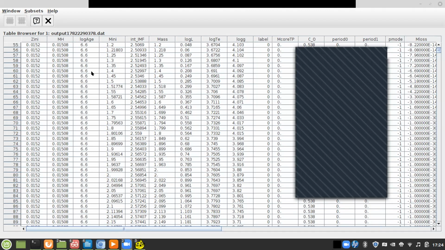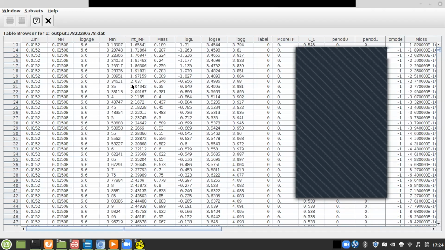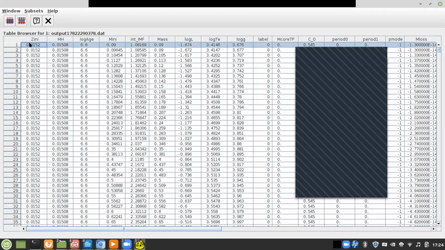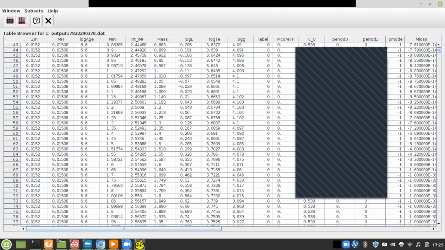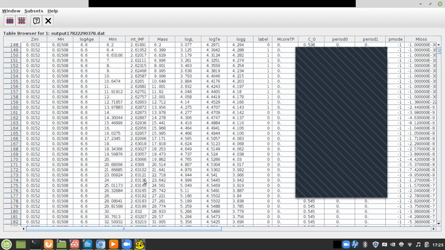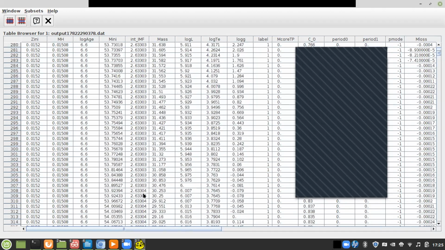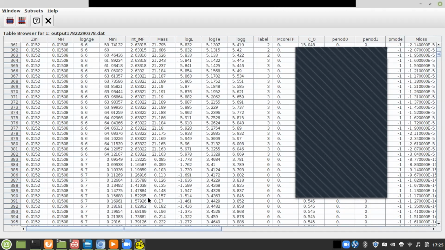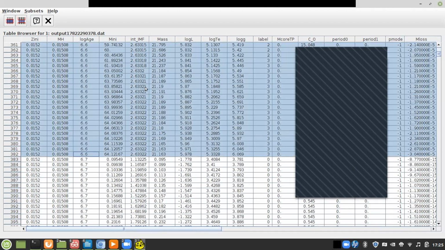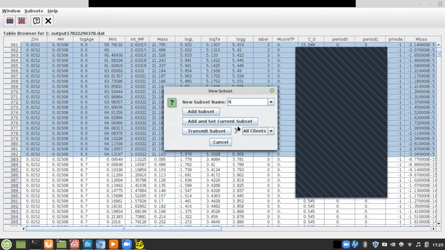In this file, what you all have to do is something very simple. You can just mark it from here, and you can see this is all 6.6. So you just need to scroll down till the end of 6.6, and that is your isochrone for 6.6. Here you see 6.6 has ended. Press shift and it'll all get marked. Then you can press on subsets, subset from selected rows. You can call this 6.6. So this is your log 6.6.